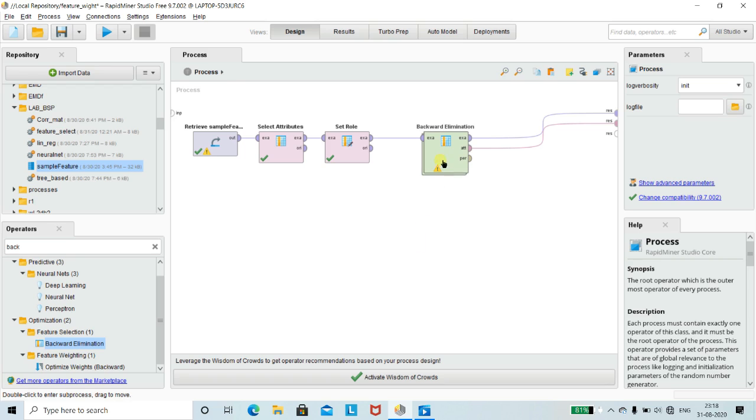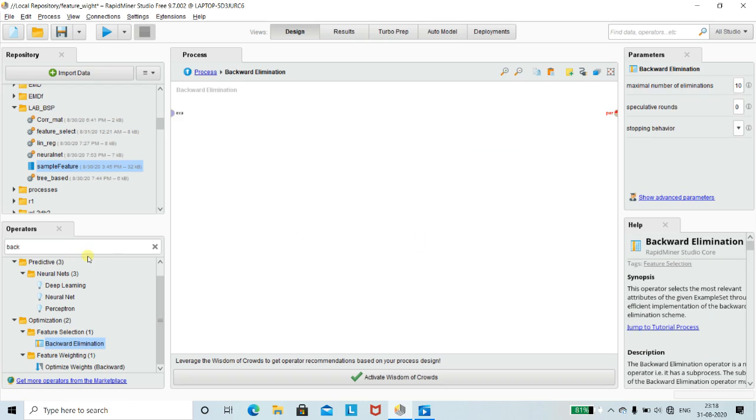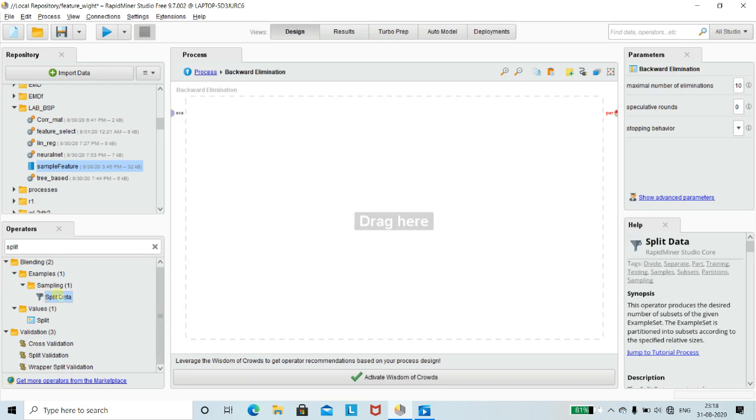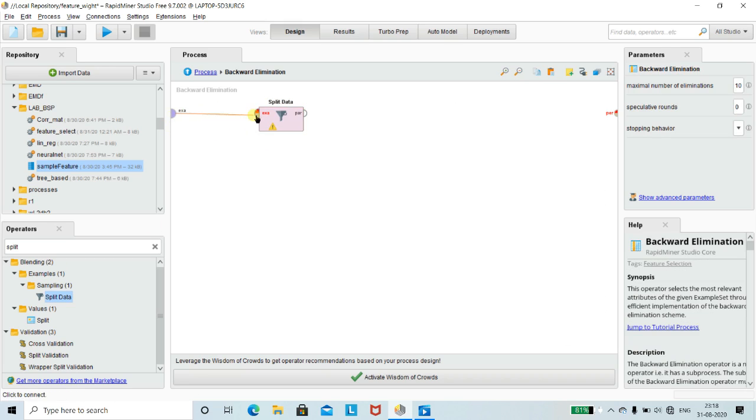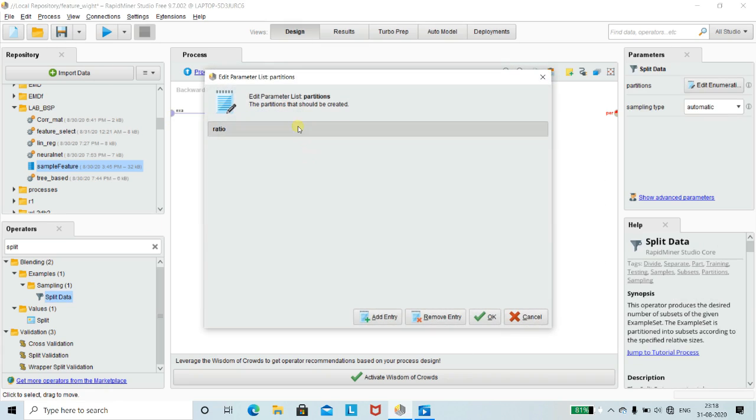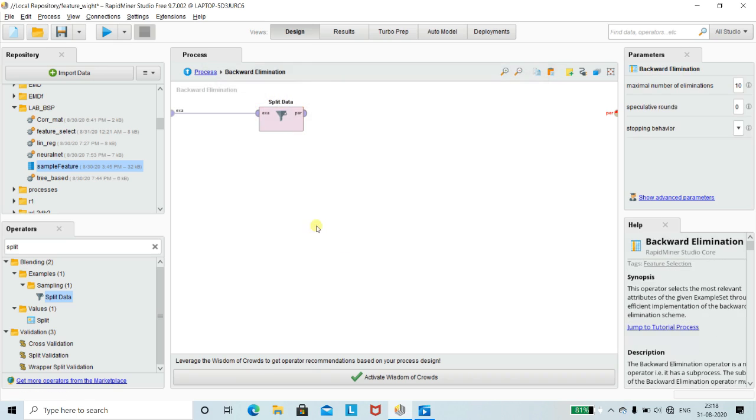So again inside this we have to do the same process, that is split data, then just connect it, add to entry, 0.7 for training, 0.3 for testing, then OK. Then after splitting it will